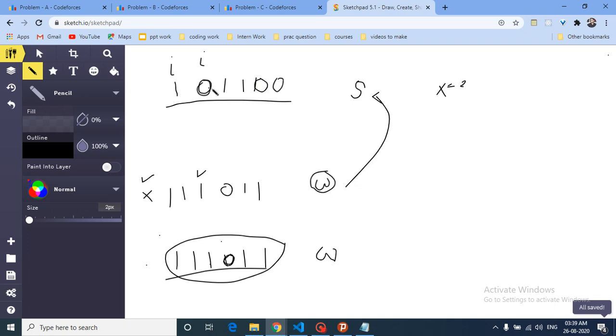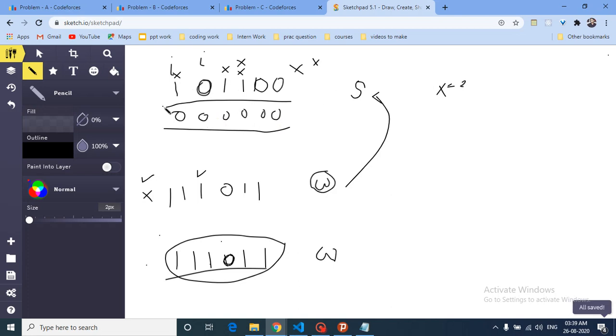Now when we are iterating from left to right, this is 0, so I will make this and this 0. When we come to this point, we will make this and this 0. And then when we come to this point, we will again make this 0 and the next 0. So what we get here is a new string which is like 0, 0, 0, 0, 0, 0. This new string will form.